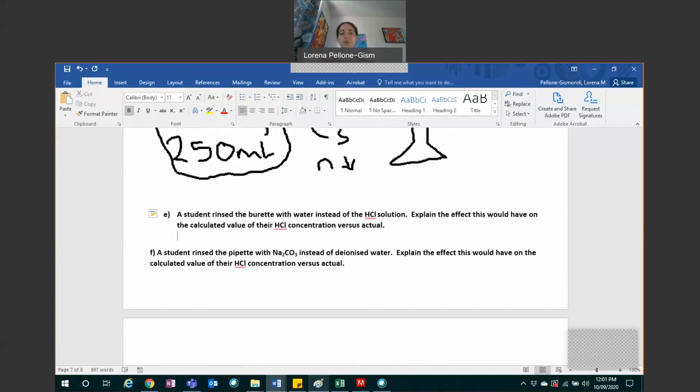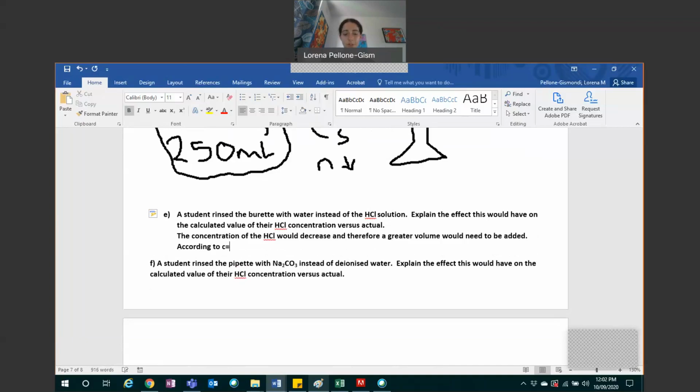Now for parts E and F, these are some annoying questions which are actually about errors. In this case, the student rinsed the burette with water instead of HCl. Explain the effect that this would have on the calculated value of their HCl versus the actual. Well, let's have a think about this. If they rinse the burette with water, the concentration of the HCl would decrease, and therefore a greater volume would need to be added. According to concentration equals moles over volume, if the denominator increases, so if the volume increases,